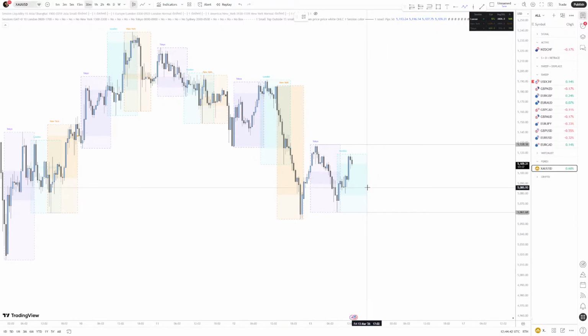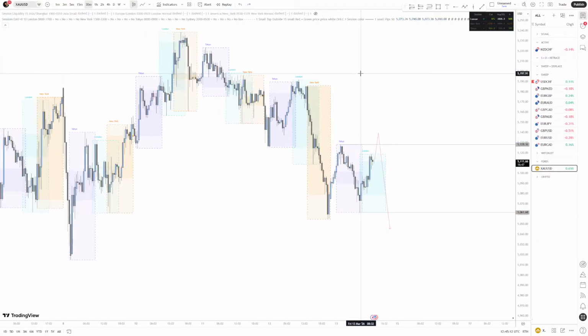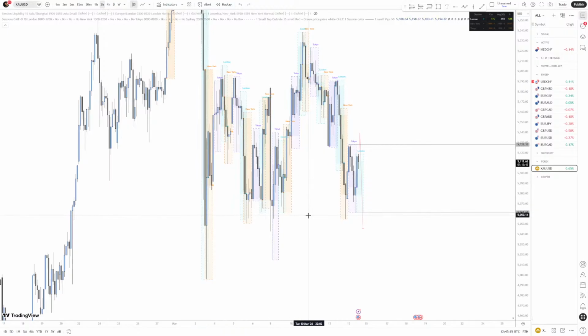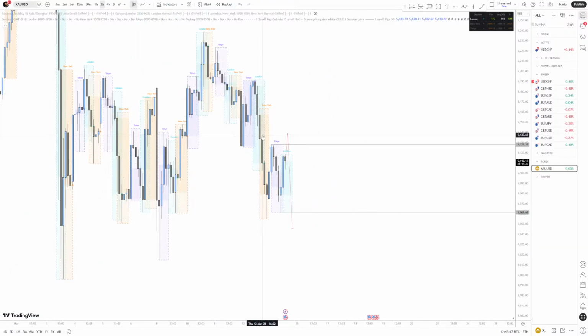I'll wait for the orange box to appear, which will be in like an hour and a bit. I'll then wait for it to take the highs and then look for sells, or I'll wait for it to do this and then do this. Right, so I'll wait for one of these two things. Either it comes down, takes out the lows, and then we aim for the highs, which is external liquidity, or it takes out the highs and we aim for low external liquidity. The reason why I'm saying that, and I'll probably prefer sells here.